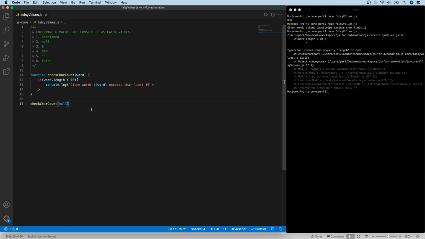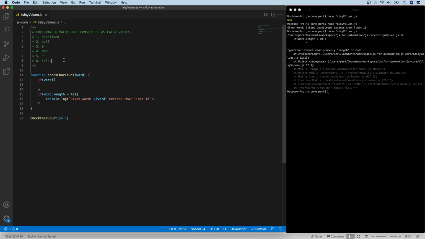So how do we make this function a bit neater so that we avoid such errors happening? If I put another check, a check I've been using a lot in my code, it will give you an answer whether the given value is valid or not. So if I just do a conditional check saying if word, in JavaScript you can just put the word and then open up the if block. This is basically confirming that it is a truthy value.